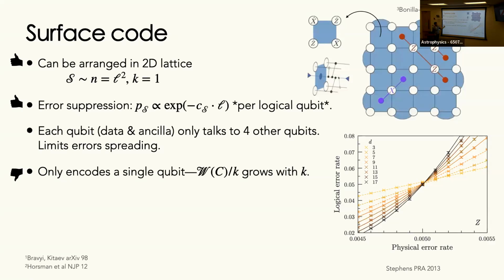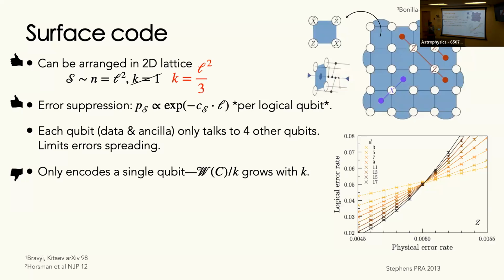Unfortunately, the gift and curse of the surface code, the downside of using the surface code, is that it only encodes a single qubit, regardless of how big you make your lattice. Okay, so if you were to look at this overhead factor, this is then going to grow with the number of qubits that you want to simulate. Okay, this is going to grow in an unbounded manner. So if the name of the game is to make our circuit constructions efficient, if it's to ask what is the best way for us to construct scalable quantum circuits, what is the nicest way we can pack things into a small space, this is saying that there are some fundamental limitations as to how good this